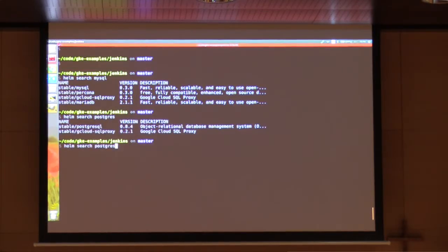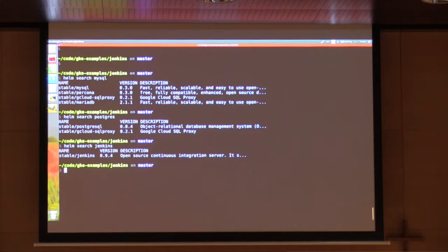So do I have something for Jenkins? Yeah, here. If I want, I can use Helm to create right now a working Jenkins instance. By default, it just works. I want to configure a little bit of it. So let's see what we got here. So Helm,